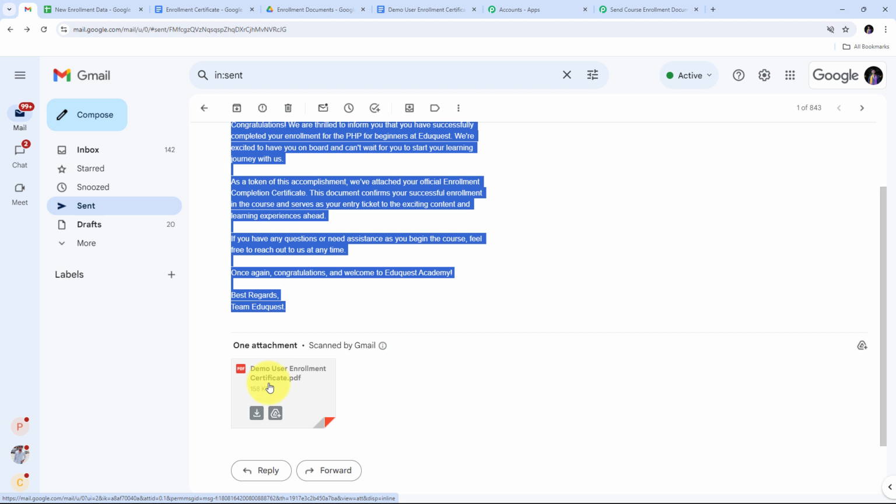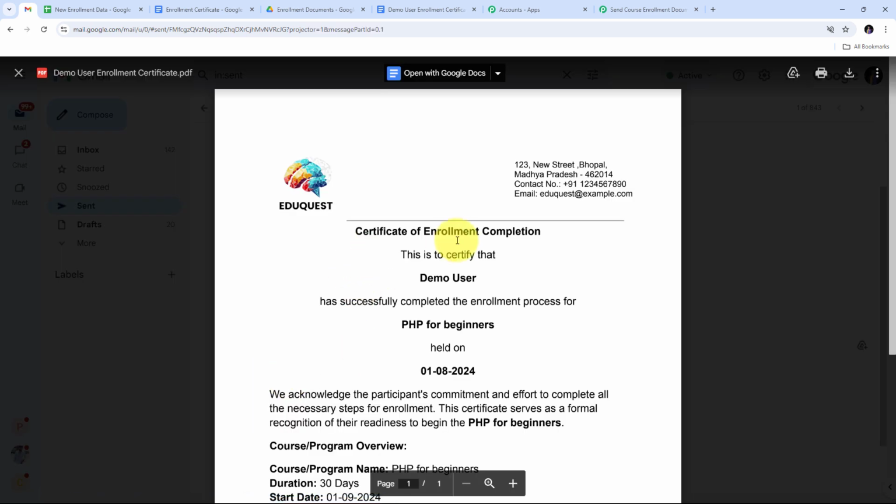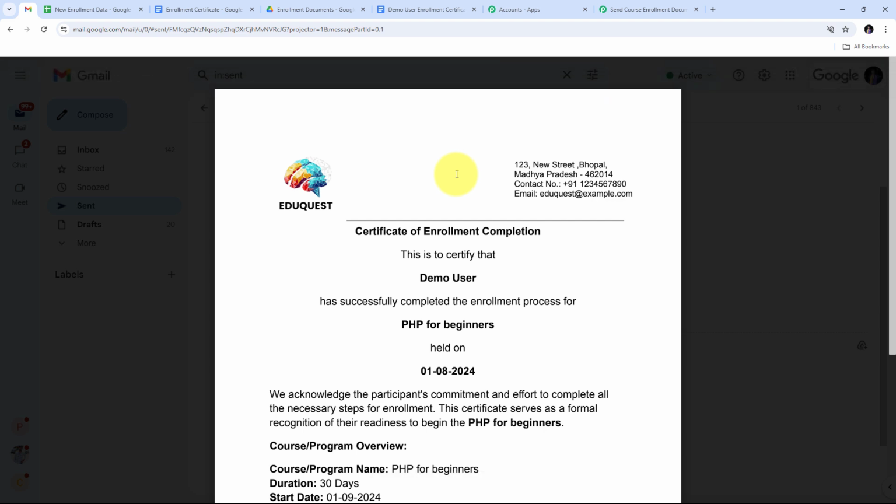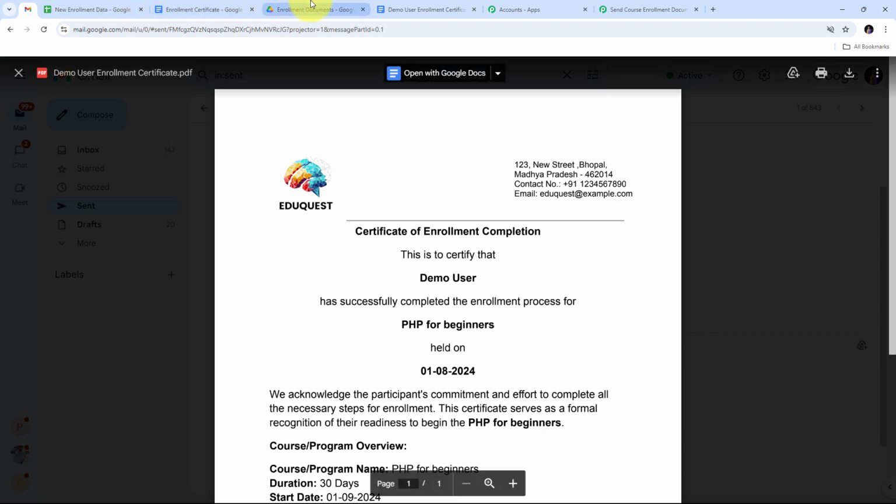So this was the certificate that I have just created by using Google Docs, and I have sent this in a PDF format. So I'm going to open this certificate, and here this is the certificate of enrollment that I have created for demo user, and the course name is PHP for beginners. So here we can see I have successfully created this document and I have shared this via Gmail with my student. And here I have done this automatically by setting up this automation between Google Sheets, Google Docs, Google Drive,